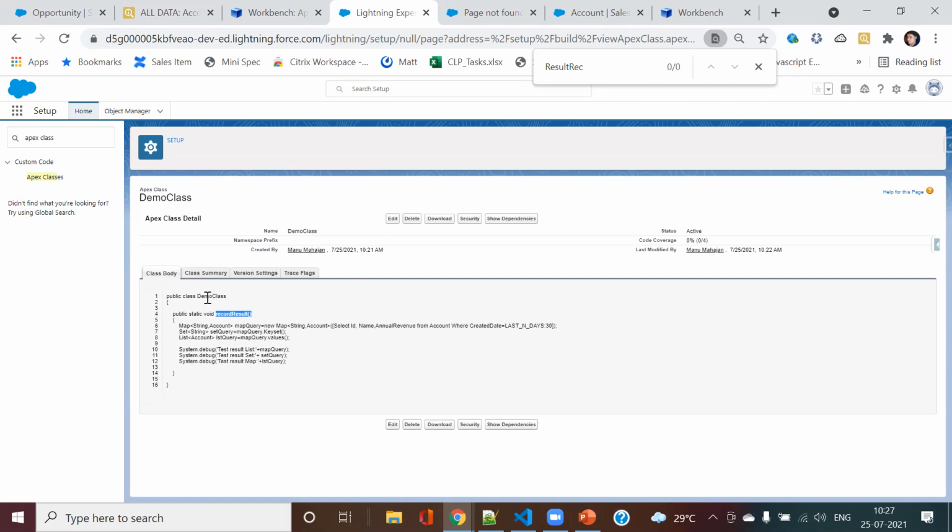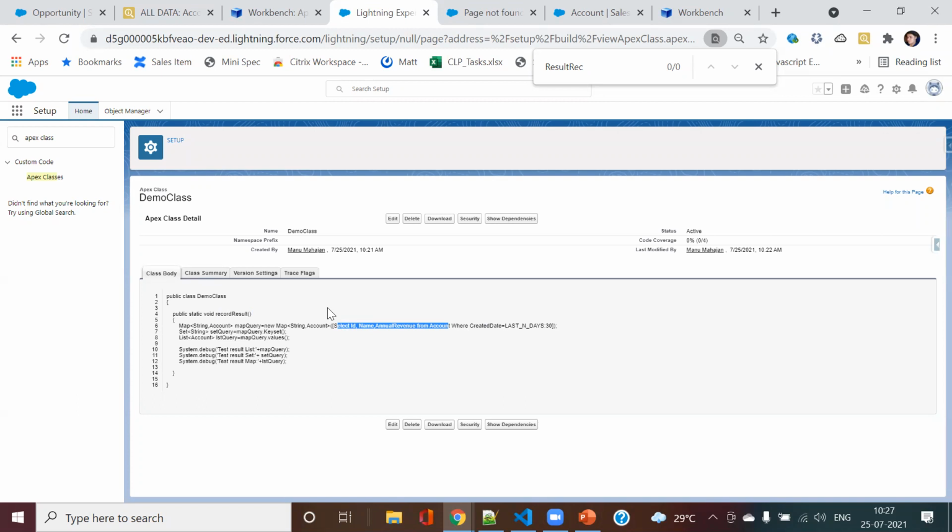If I am writing this class as without sharing and the query only has, say, select from Account, it will fetch Manu's records and Animesh's records both into the code, and I can use them.